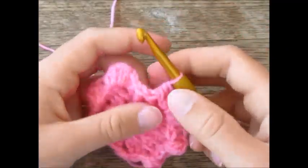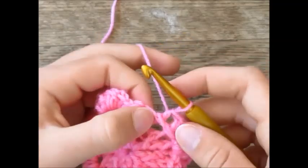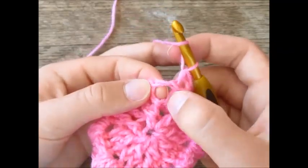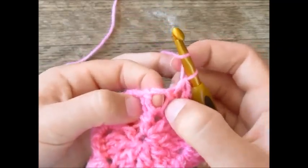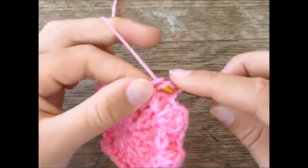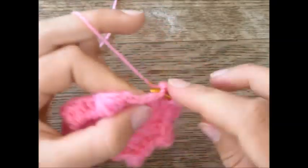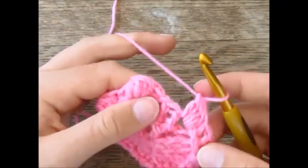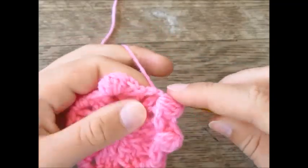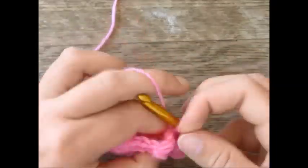Okay, so I'm near the end of my round, and I just did a cluster, then 3 back post half double crochets. In the next space, I'm going to work my 4 double crochet cluster. So right after the back post half double crochet I just did, I'm going to work in that next space in between. So I'll make my cluster of 4 double crochets joined together. Then I'm going to do a back post half double crochet in the next stitch, and in the next one more,